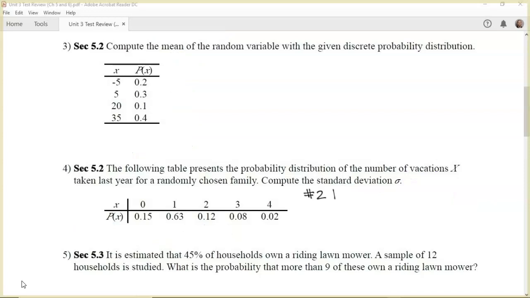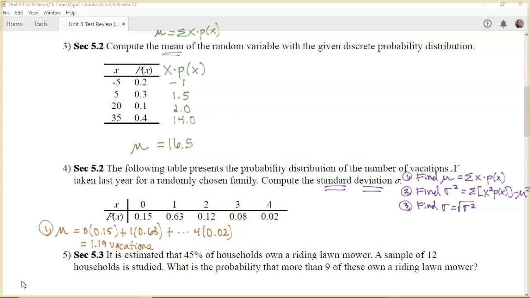So for many selected families, we start choosing random families and ask them how many vacations, and we keep doing that. For many selected families, this is the average number of vacations that we expect to get from this distribution. So 1.19 vacations. Now I have to find that value first because that value is crucial in the calculation of